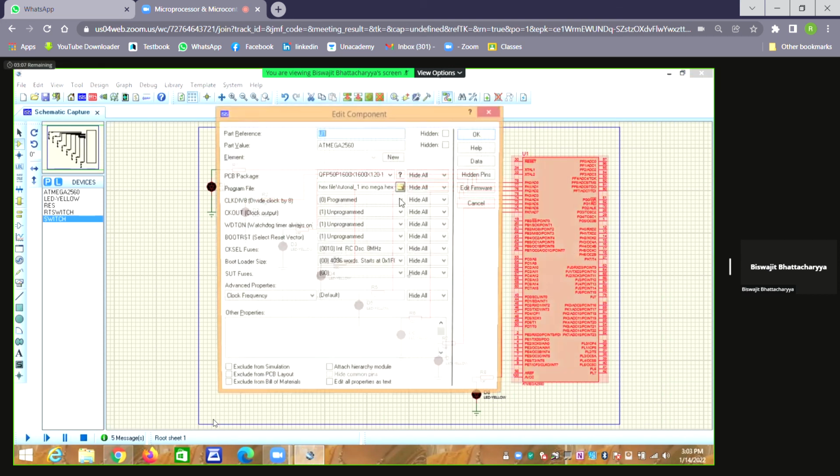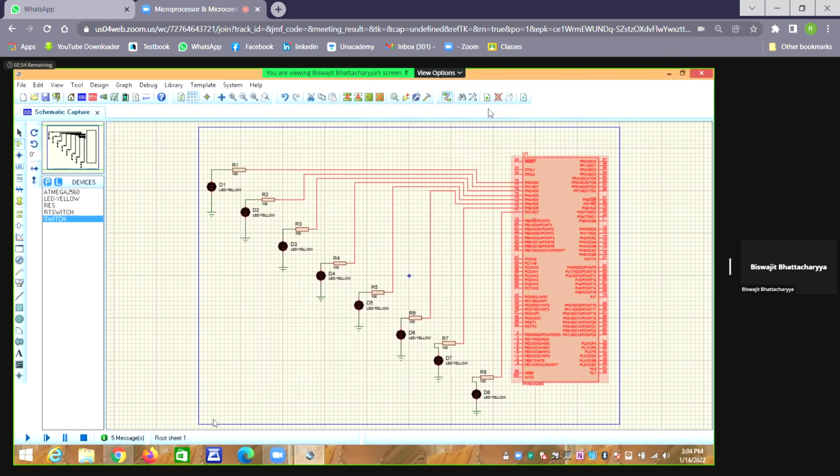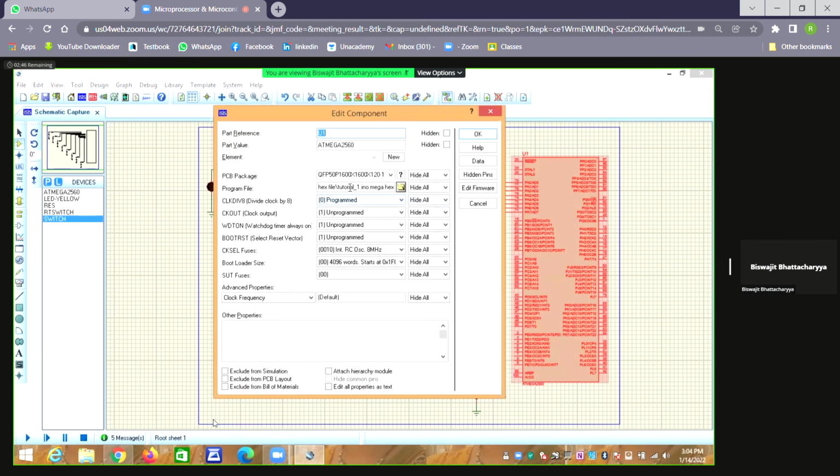So when you come back to the Proteus, you may find that space auto deleted because you have modified the file. That's why I am not sure, it may happen. Actually, I cannot remember right now. So before running, you have to check whether that particular folder is really present, the name is really present or not. You have to check it. At least for once you have to check.